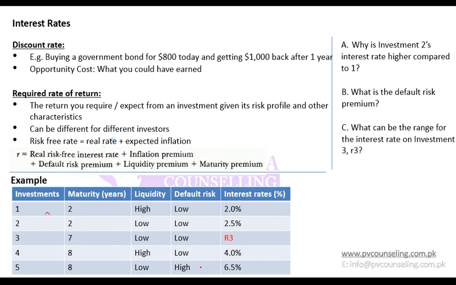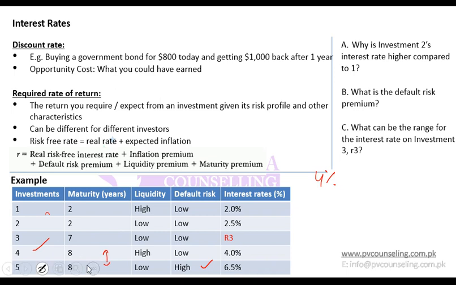Now I will compare an investment with high default risk with an investment with low default risk, and I would try to come up with 2 investments which have all else the same. If I look into it, there is no other investment which has maturity and liquidity the same. So I will have to compromise and select some other investment. But which is the nearest similar investment? The nearest similar one is investment 4, in which maturity is the same, liquidity is different, default risk is different. Investment 4 has an interest rate of 4%.